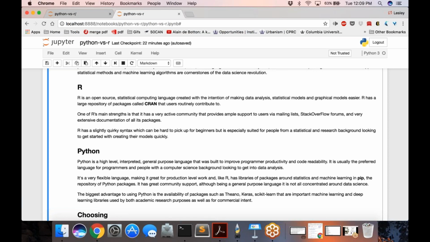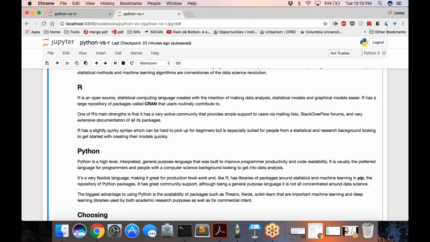Now, similar to R, Python is also open source. So a lot of modules are open source, and there is a very strong community there as well. But Python was built by programmers. So a lot of the backend behind Python makes it so that programmers are more productive, right, and more efficient with whatever it is that they are working on, right?